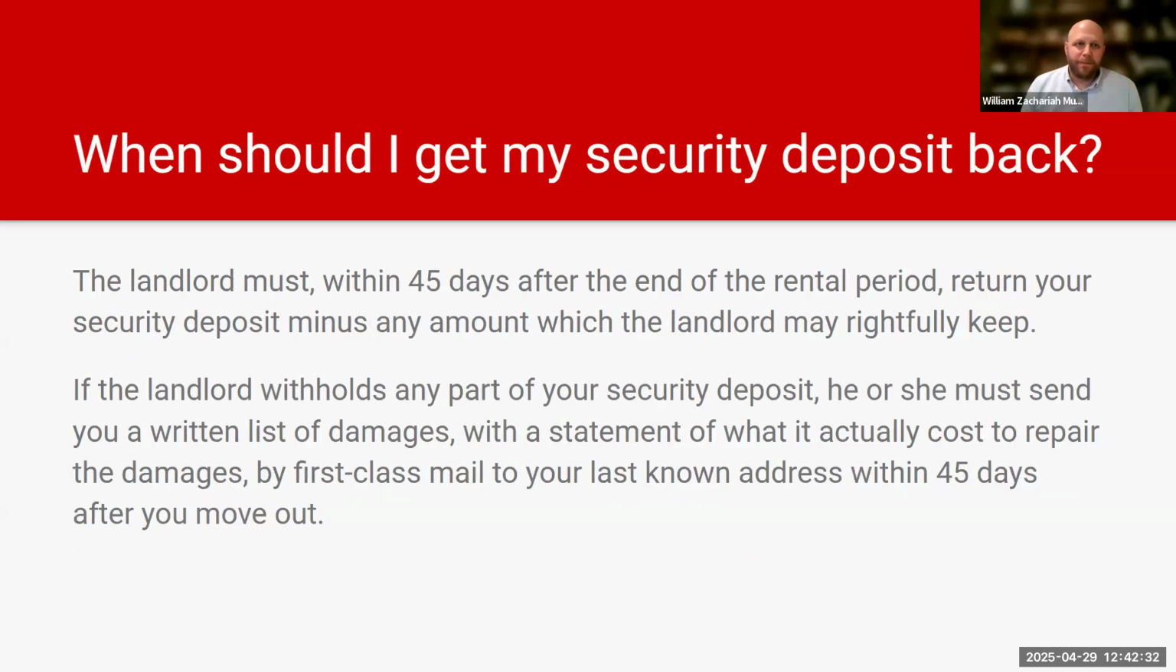When should you get your deposit back? And so the law in Maryland is, I think that's a duplicate, right? Did I already go over that? I don't think so. I think we just talked about notice, but I think we mentioned it earlier, but yeah,